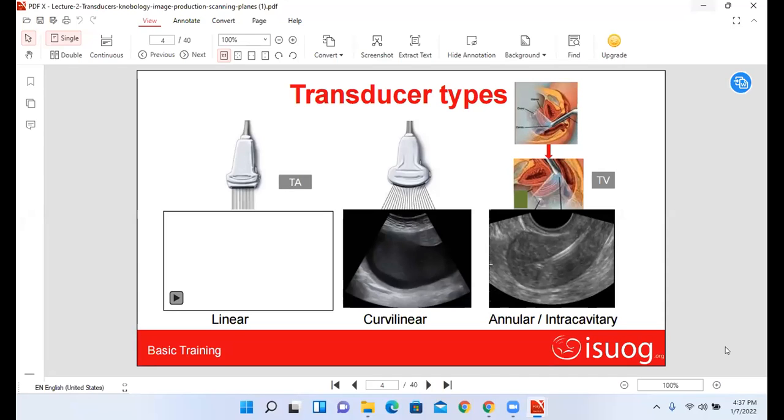So this is mostly for cavitary use, but again it is a high frequency, so its field of view will be limited. The depth cannot go beyond 4 centimeters. But the curvilinear which we are using, I hope what we have been given is about 3.5 megahertz. It could also be multi-frequency, so sometimes it generates 5 megahertz also. So I think these are the two types we would like.